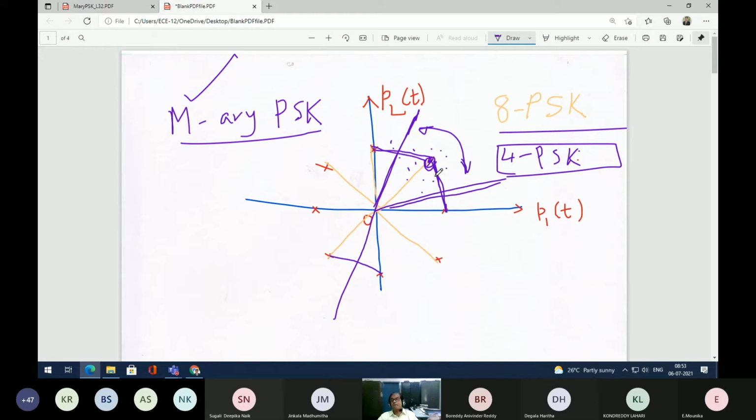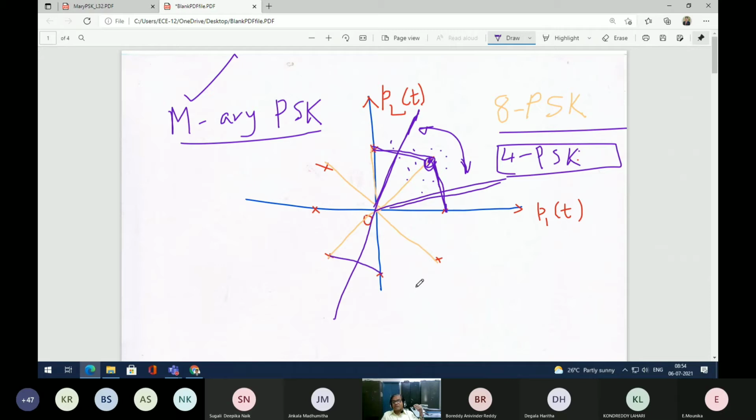You get my point? From this, what do you understand? The probability of error of 8 PSK, as compared to your QPSK or as compared to your BPSK, is it going to be a smaller or larger value? Increased, sir. Probability of error obviously gets increased